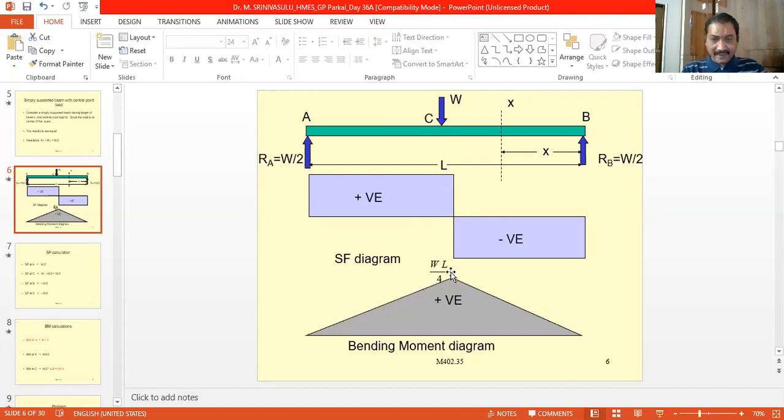And also here the shear force is changing sign. From point B to point C it is negative, and at the point C it is changing from negative to positive, and after the point C it is positive only. So the shear force is changing sign, and the bending moment will be maximum at the point where the shear force changes sign from positive to negative or negative to positive. That is one of the important points that we must note.